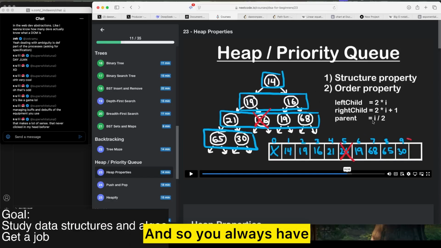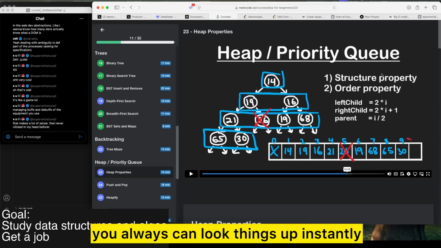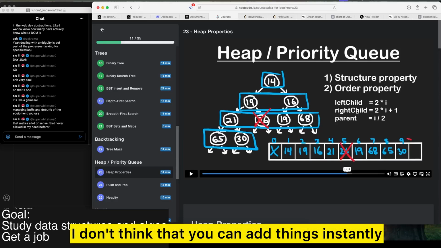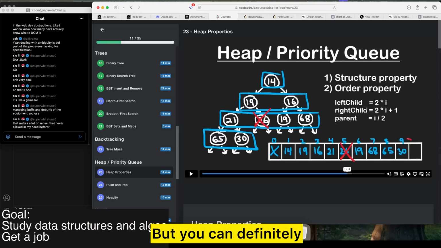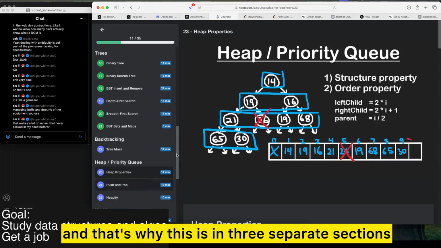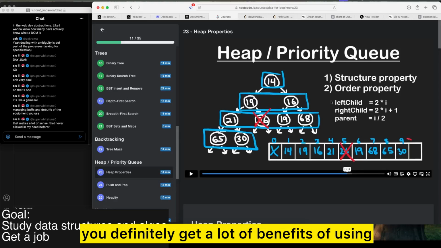And so you can always look things up instantly. I don't think that you can add things instantly. That's probably where this gets really hairy. But you can definitely, and that's why this is in three separate sections, get a lot of benefits of using an array in this